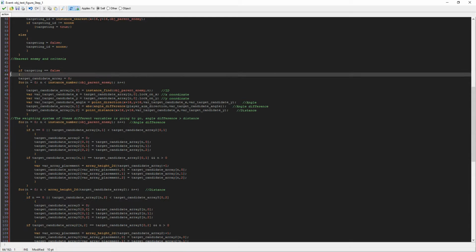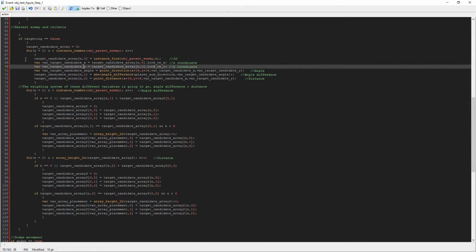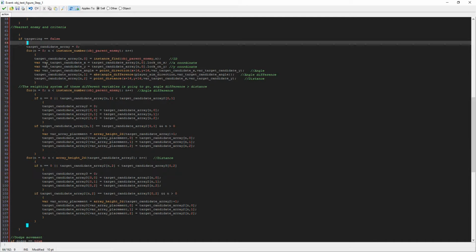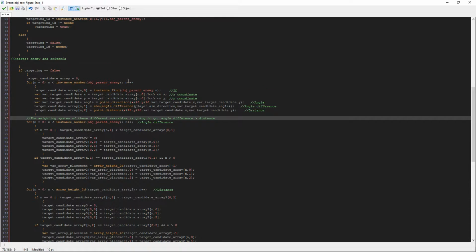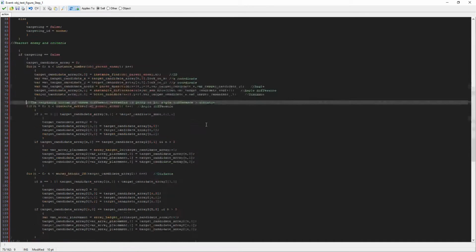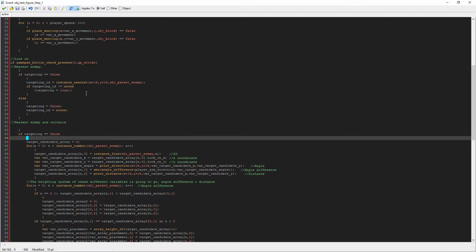Nope, wrong one. There we go, if targeting equals false. Okay. Then all this happens. And then finally, targeting ID is